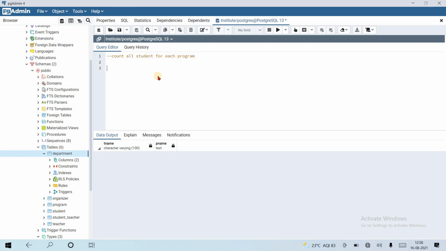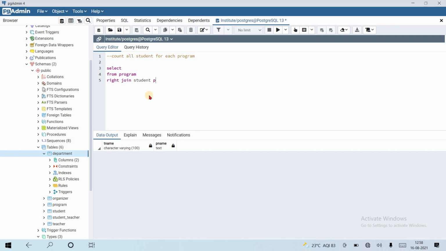But let's first select the right table. We want all students, so the right table is student. Select from the right table, which is the student. So the left table becomes program, using a right join. Now the right table is student.